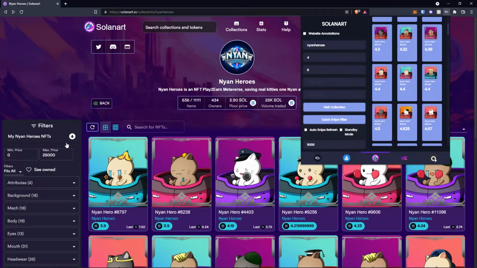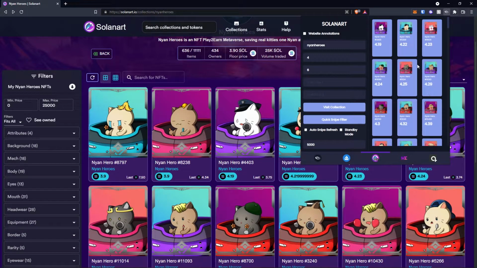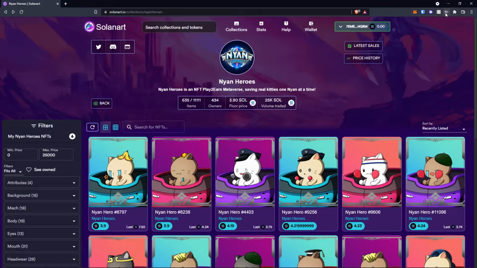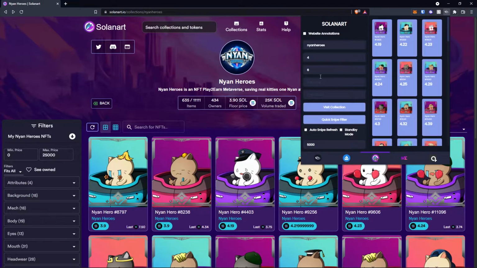I'm going to teach you how to go ahead and filter everything over here based on traits. So for this example, I'm going to say my first trait filter is going to be background and night. So let's go ahead and enter that into the extension. We're going to go over to the extension here, go to trait filter, and I'm going to type in background: